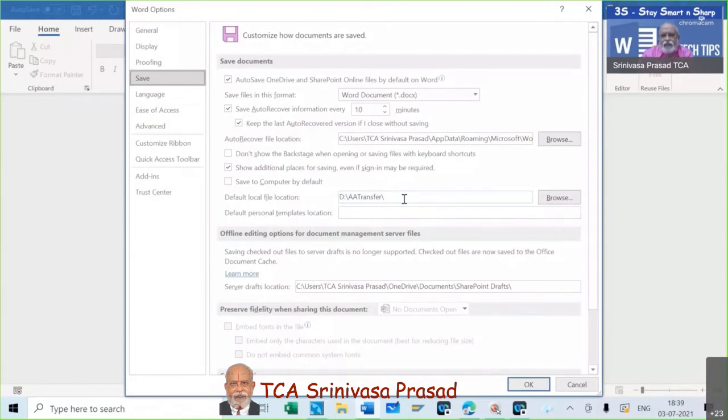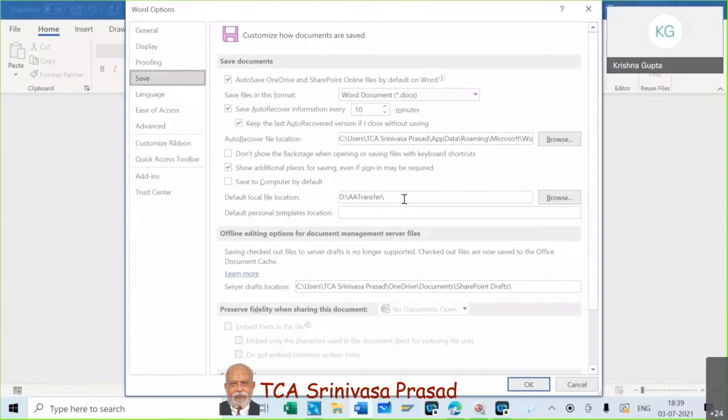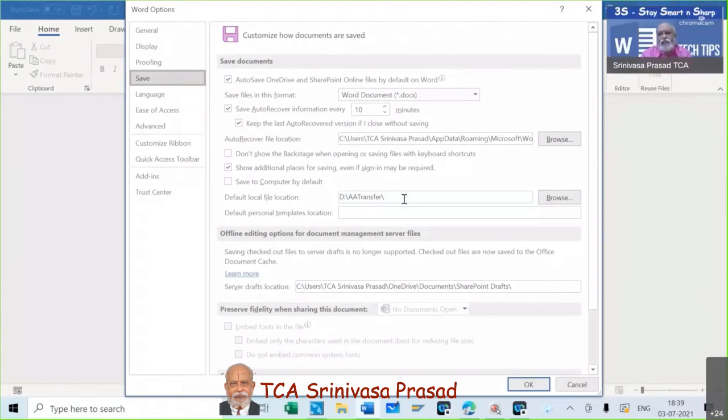In my case, it will directly open from AA transfer, from a particular file, and then it will always save in this file only. So suppose you are working in a company called ABC for the day, or for 2-3 days you are going to work for that client. Now what I suggest is, since you would have created a directory for those 2-3 days, you can put it as the default file location. Then every time you need not go through File, Open, then C colon or D colon, then go to the directory, then that subdirectory, all those hassles will not be there. You can straight away open this location.